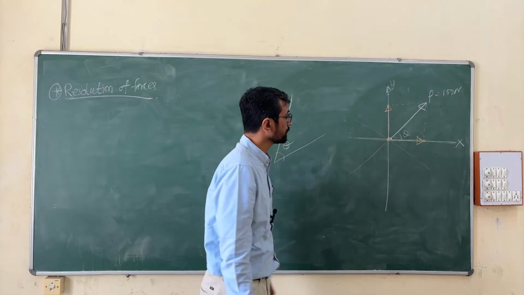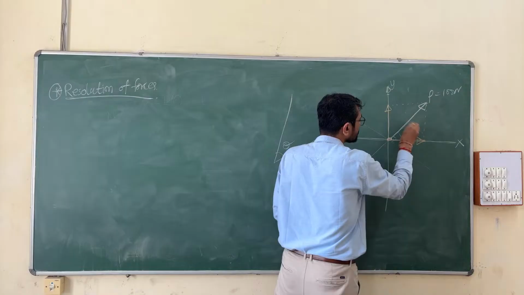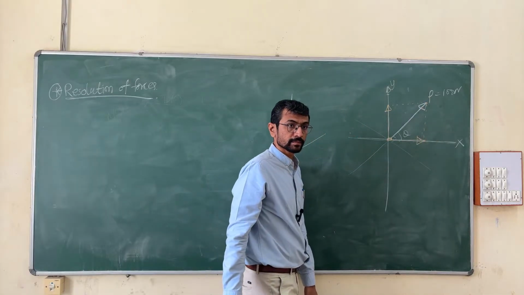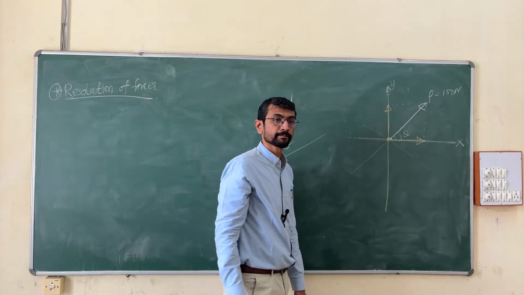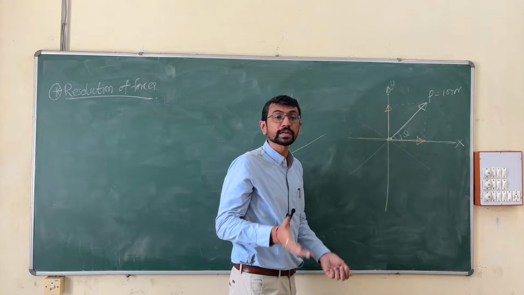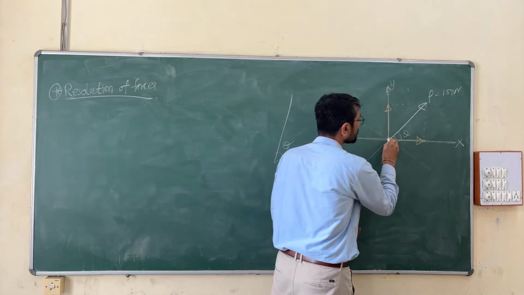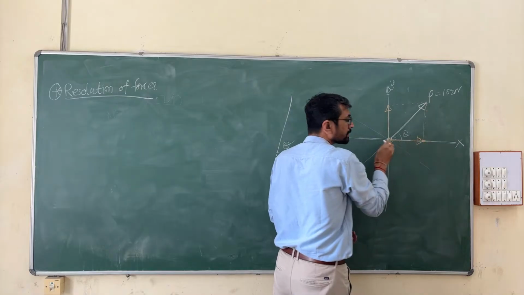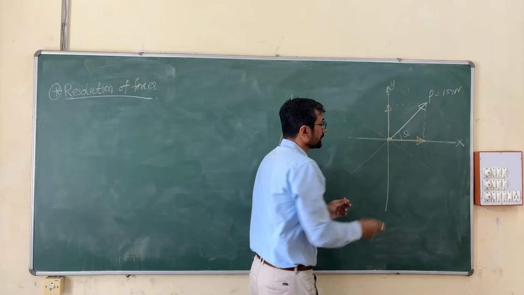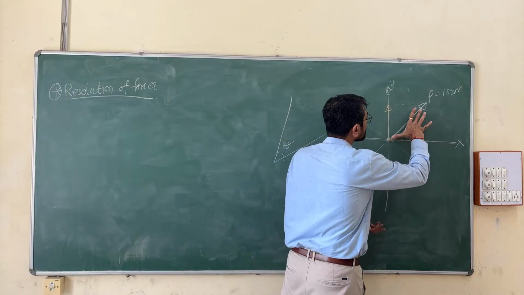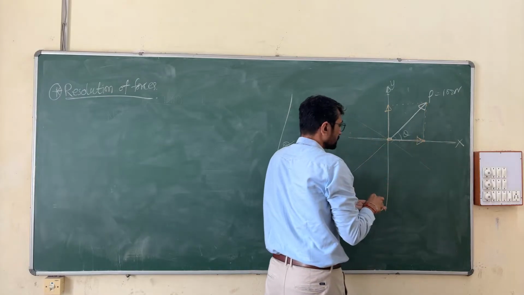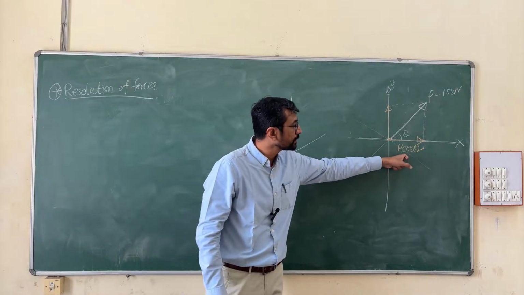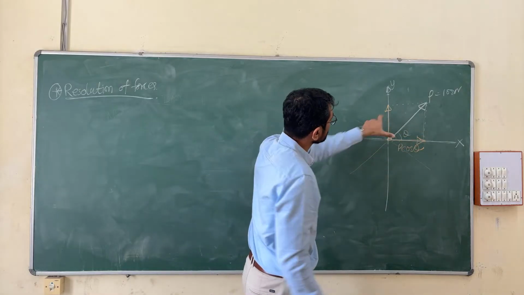That I will explain in a few minutes. First understand that this force has been split into two components, right? We know the value of this force, 100 Newton. We don't know the value of this force and this force, right? We don't know that value. So trigonometry helps, because this is a triangle. This is one side of a triangle, this is another side, this is the third side of a triangle. Knowing trigonometry, we know that if this angle is theta, and this magnitude is P, then this magnitude is P cos theta, and this magnitude is